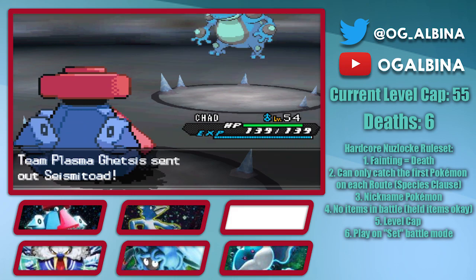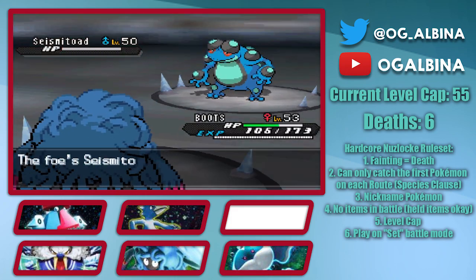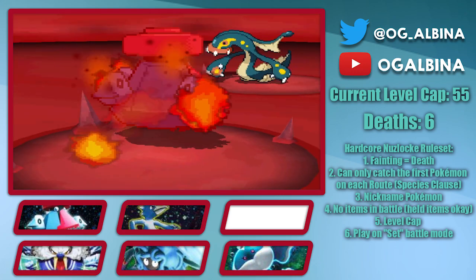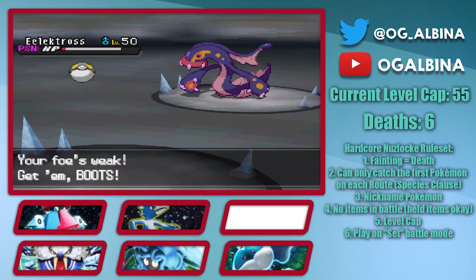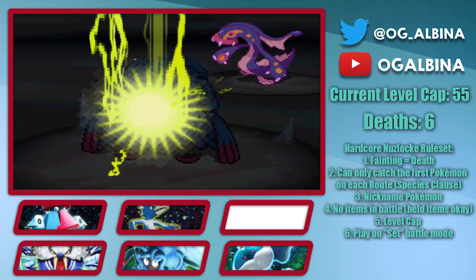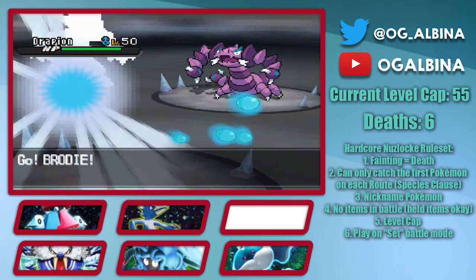Next up is Seismitoad, and Earthquake into Sludge Wave just misses out on the KO on our Tangrowth as we KO it with Giga Drain. Next up he sends out Electross and we go back into Probopass and start to stall the Electross down. 1 turn before it goes down to Poison, I actually pivot Tangrowth to keep Probopass as healthy as possible, avoiding a final Thunderbolt. Next up is Drapion, so I switch into Golduck to take a hit and get a Scald off,